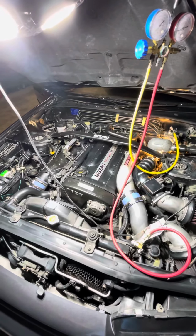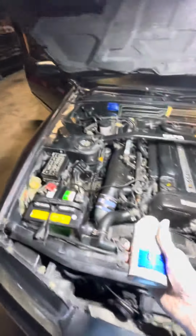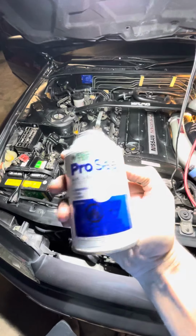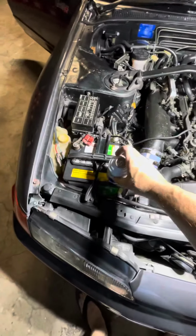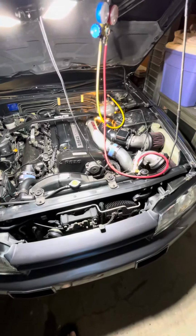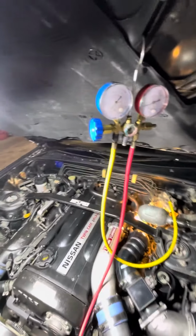So again, I wasn't sure if this was going to work, but I bought this RedTek ProSeal R12 from Canada. Well, somebody sold it in the States from eBay, but anyway, it comes from Canada. And I put about a can in. The pressures got up to about